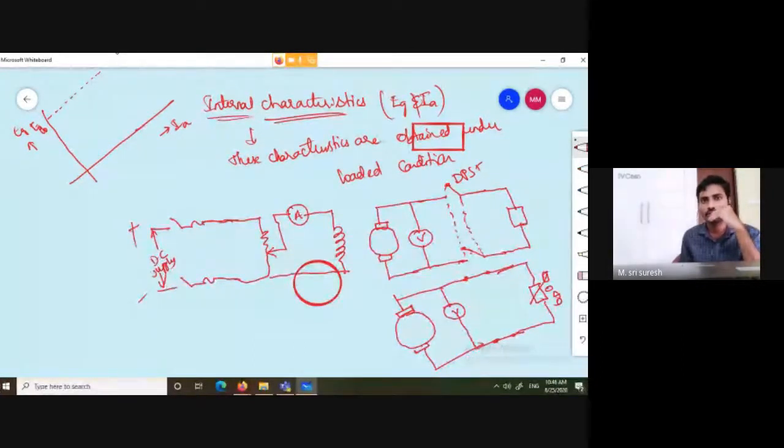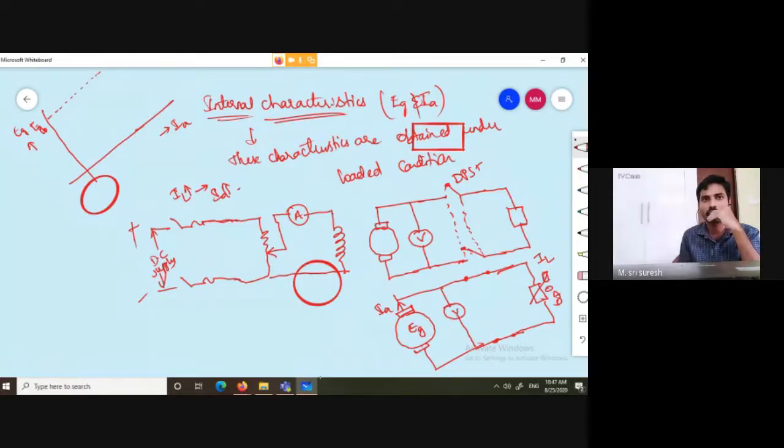Now, don't draw these circles. Now we'll see the load varying. What happens if the load is varying, which means load current is increased? Due to the generated EMF, IA is flowing. IA and IL are equal, so IA will increase. If the load current is increased, what happens to IA? IA will increase.